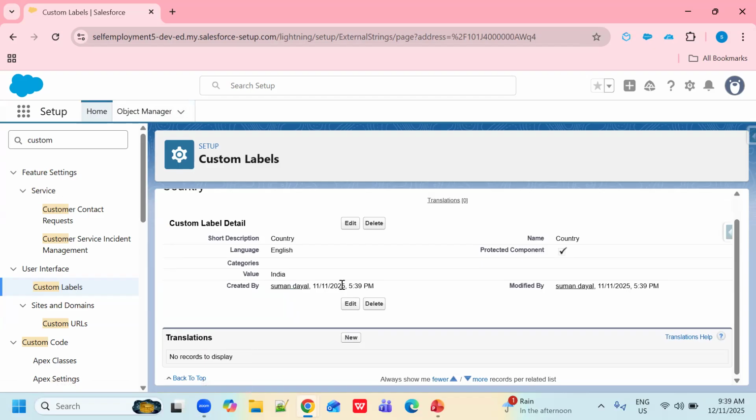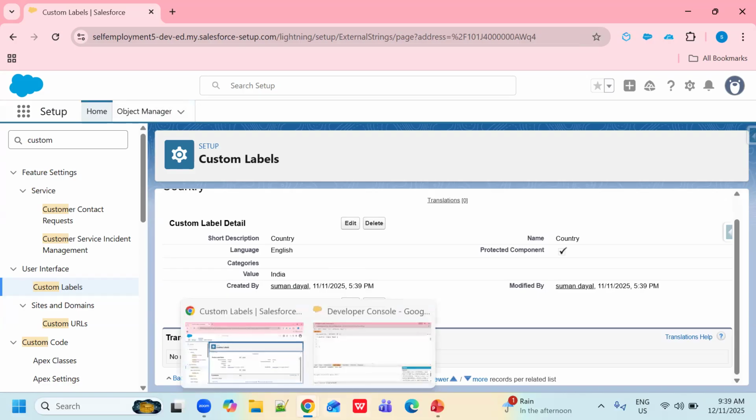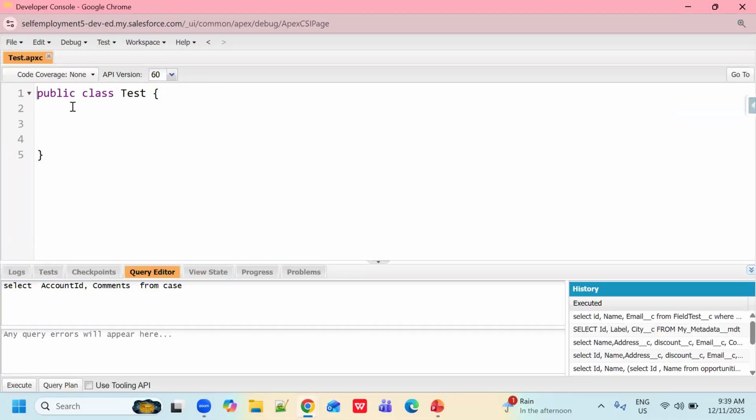Now how can we use this custom label in our Apex code? Let's see. Come to our developer console. This is my class. Now in my class I'm going to create a method that is public static void lab.